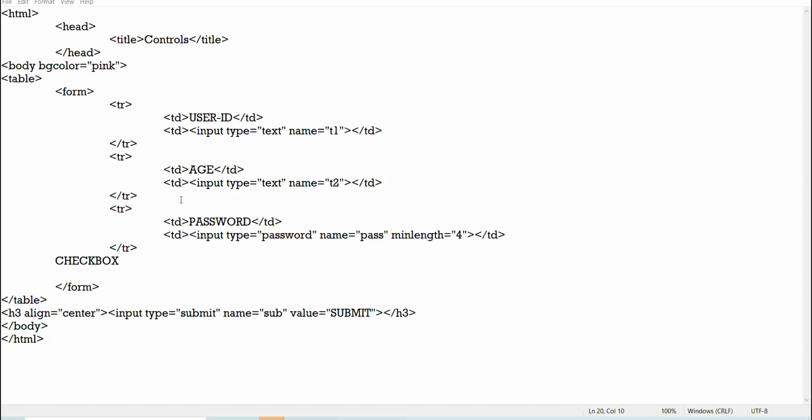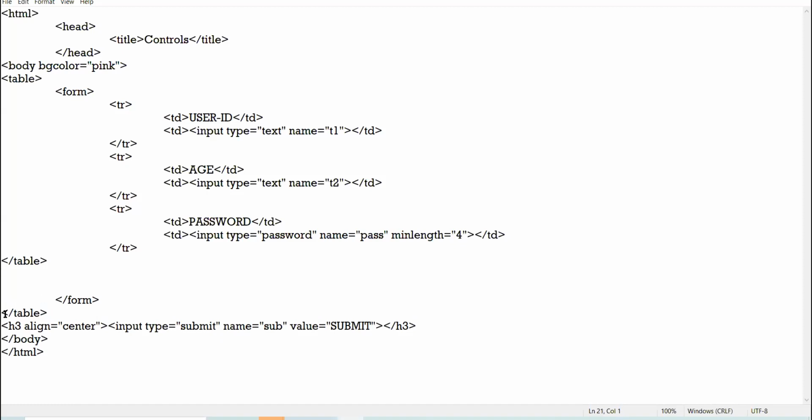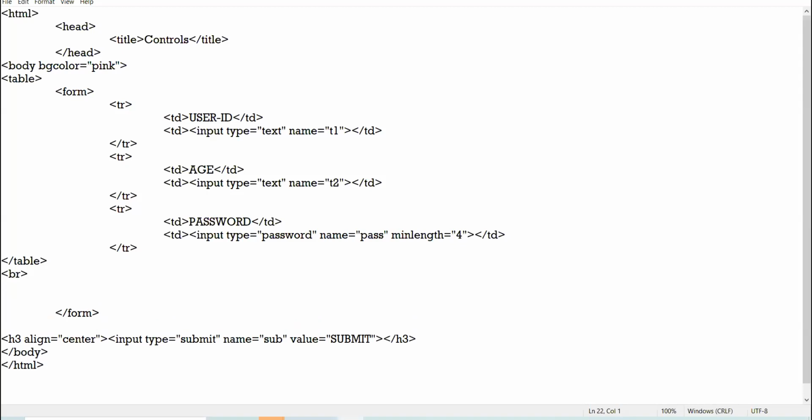Now, how to create the checkbox? I close the table tag here, right? I'm giving BR. I'm writing the heading hobbies, and my heading is in H2. Okay, my heading is in H2.